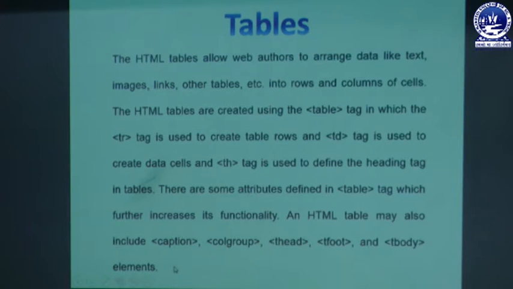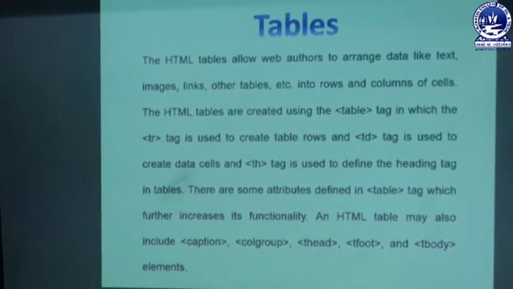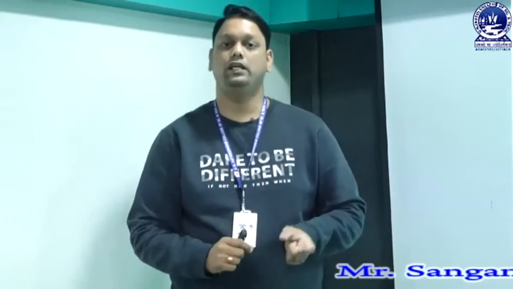So what do you mean by table tag? Table tag is a special tag in HTML which is actually used to define or to create a table in a web page. So whenever we need any data to be configured or to be displayed in the form of rows and columns, in that case we take the help of a table tag. So table tag is a container tag which holds the row, that is tr tag, which is used to create a new row in a table. Similarly, the number of tr tag defines the number of rows in a table.